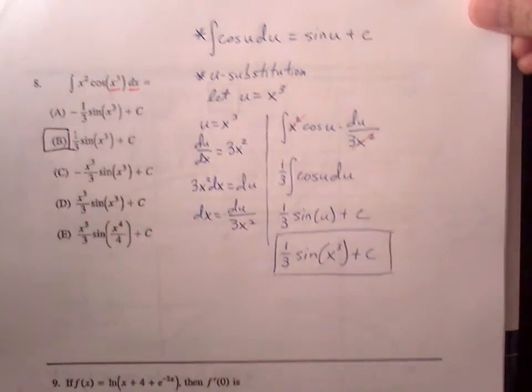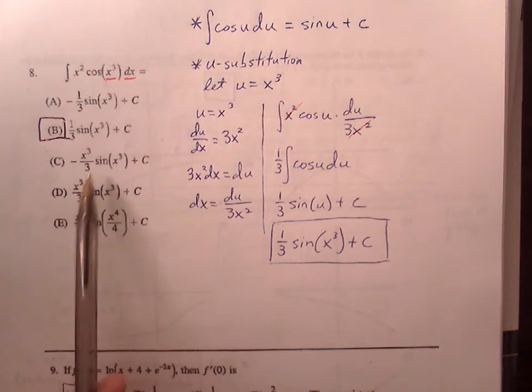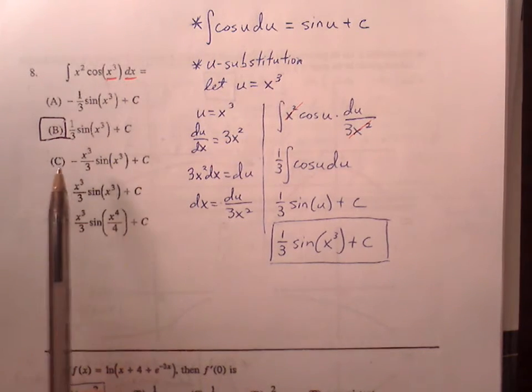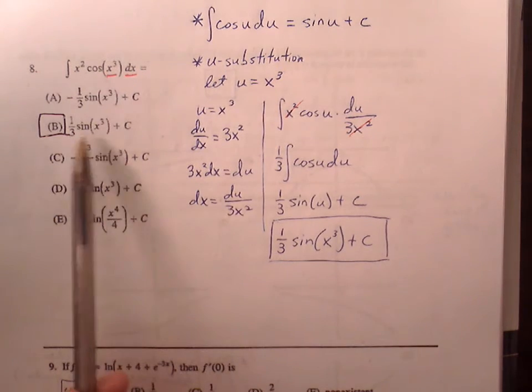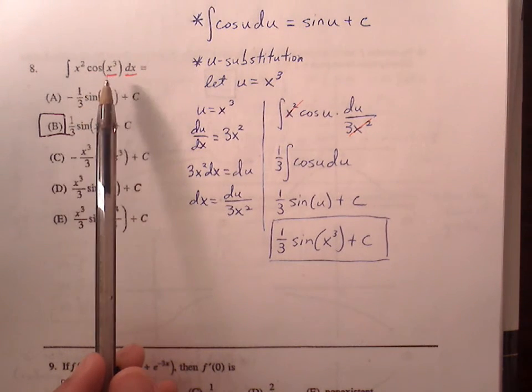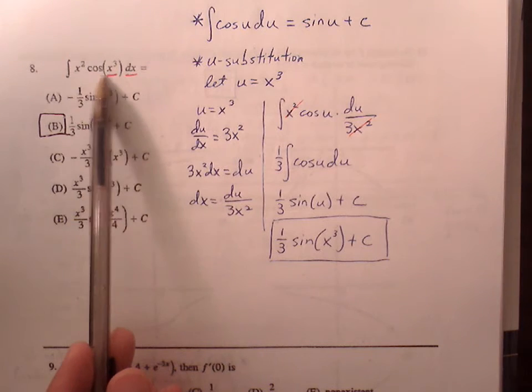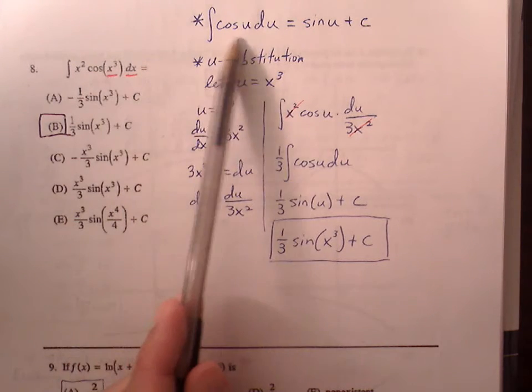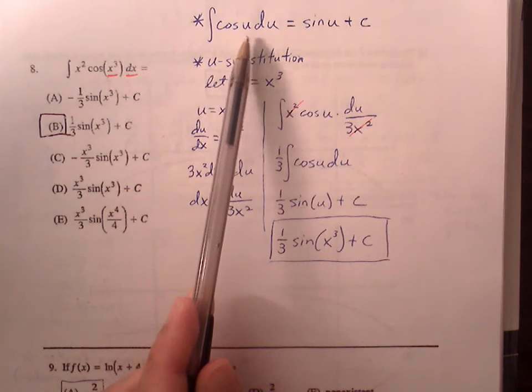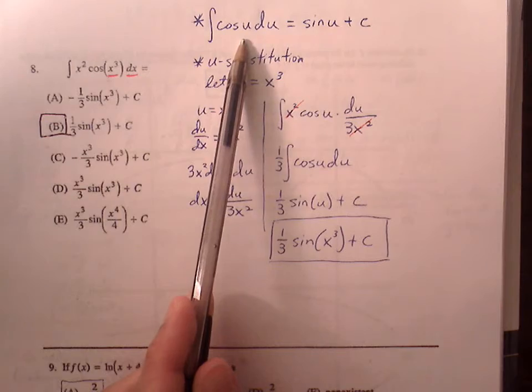Okay, number 8. We have an expression here. Take the indefinite integral of x squared cosine of x cubed dx. This is not a problem that we can solve just by one rule alone, but if we see the parentheses, it's a good indication that this is going to be a u substitution problem, and we can see that this can work towards this specific rule that we have available to us,